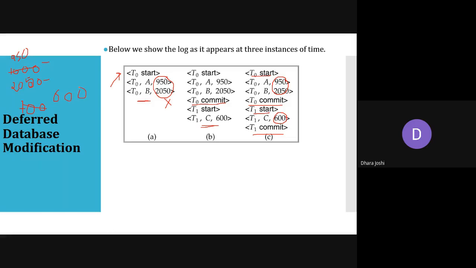Okay. Meanwhile, suppose you think about a case like case A. Here we are facing some kind of failure. Then no redo actions need to be taken. When do we need to take the redo action? The redo operation is done when we have completed the transaction successfully. That means if in our transaction we have both the start and commit instructions, only then will we perform the redo operation for that transaction. So here in case A, we have the start, but we don't have the commit operation. That's why the redo action will not be taken.